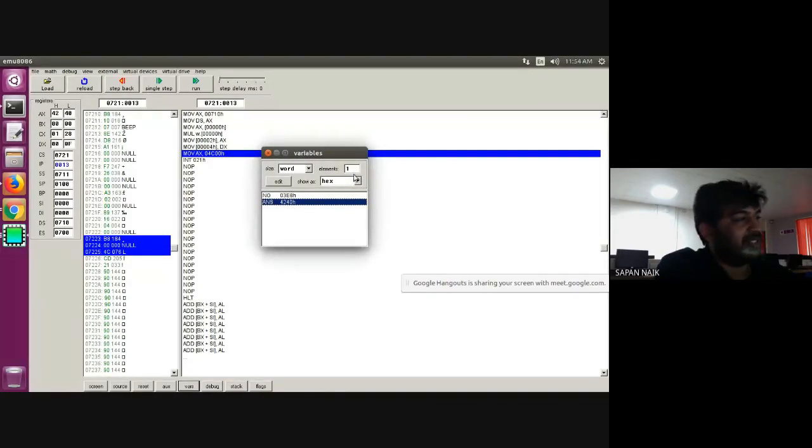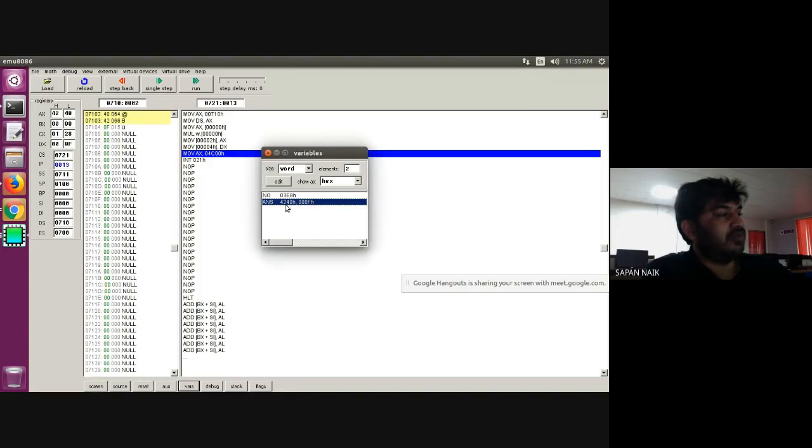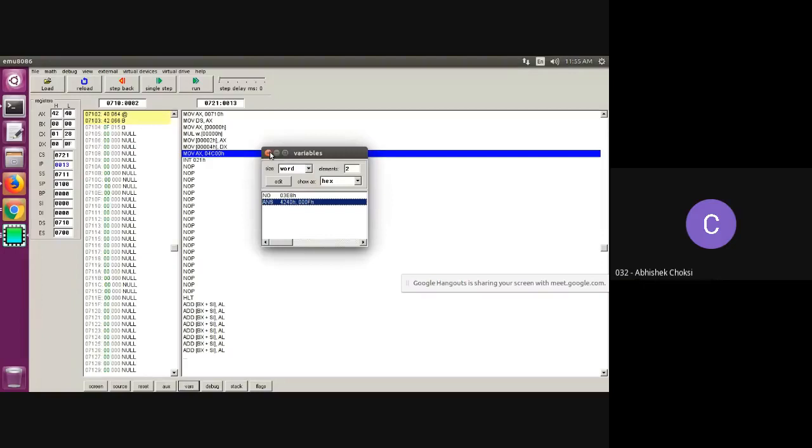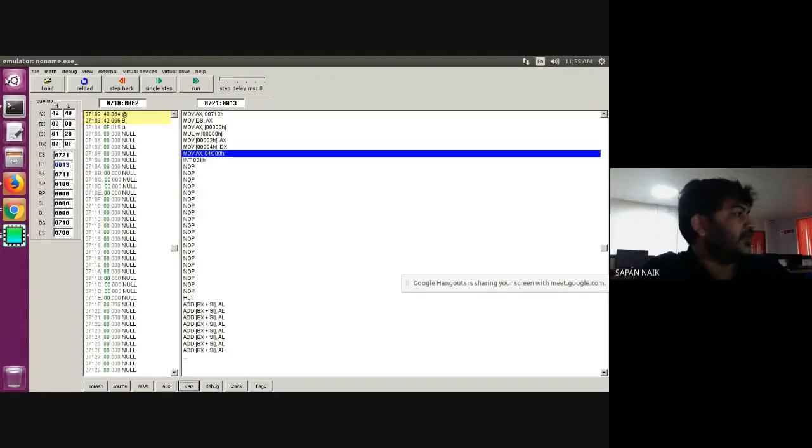Again, the problem is it only shows currently one. So if I do 2, you can see the answer in my first location of answer 4240, on second location of answer 000F. So this is my answer. If you want to show someone an answer, you can show it like this. Fine. So this program is clear.